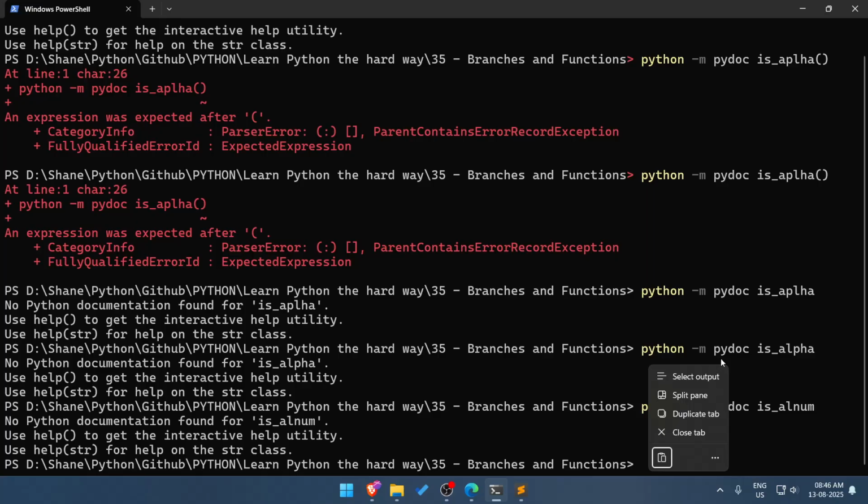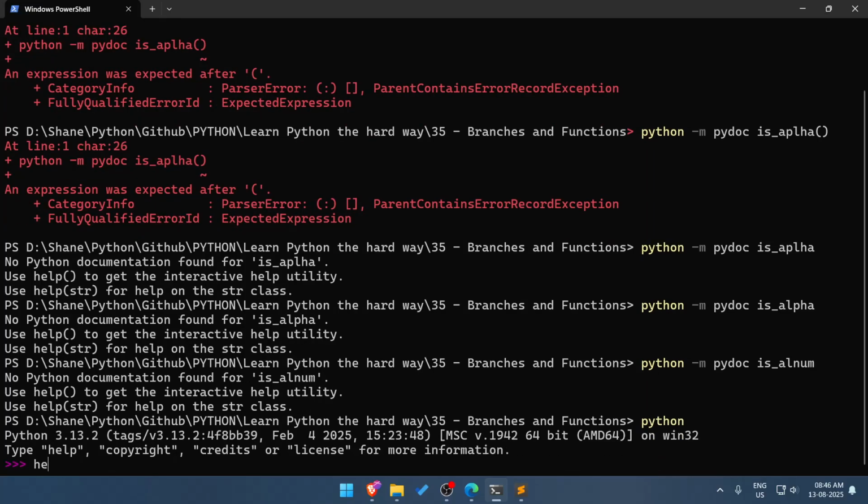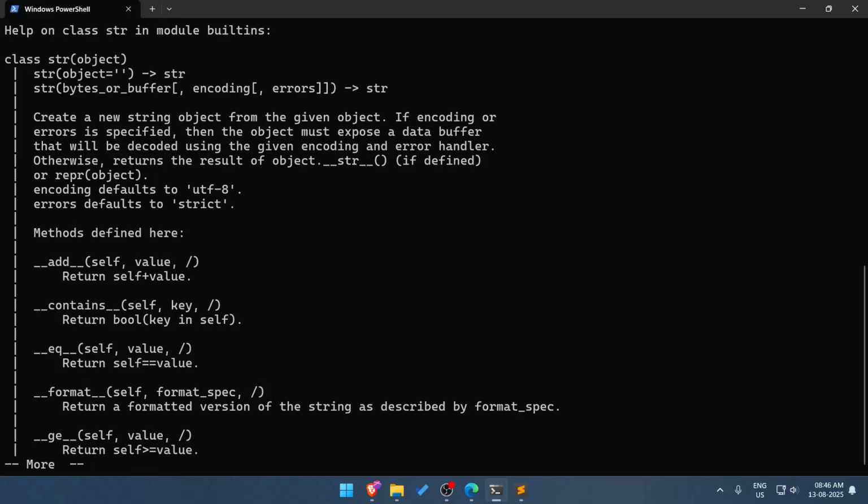I use help string to help on the string class. Okay, Python documentation, use help to get the interactive help utility. So can I go Python help on str, right?